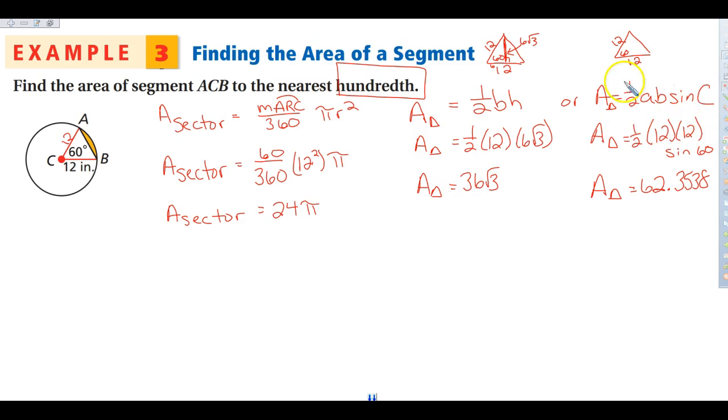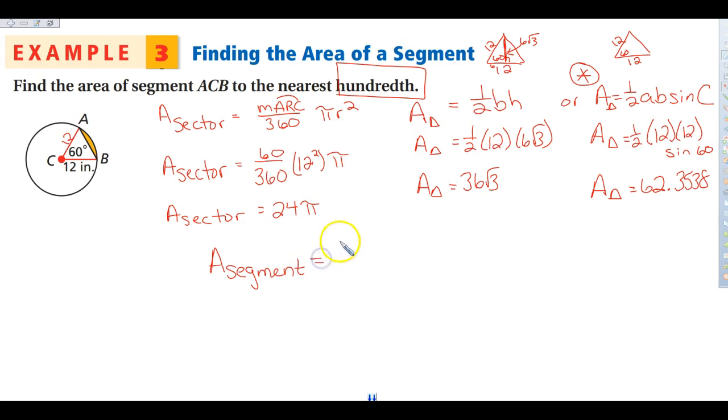But over here, we have trig because we're going to hundredths. This is usually the easier way to do it, because you can use that for everything, again, unless it says simplest radical form. So to find the area of the segment,